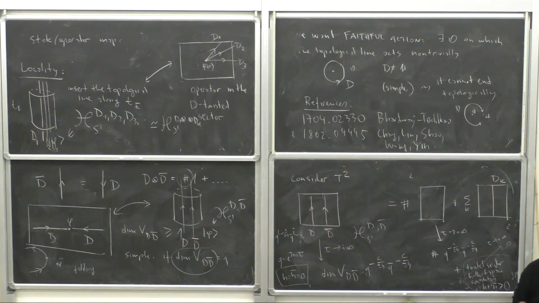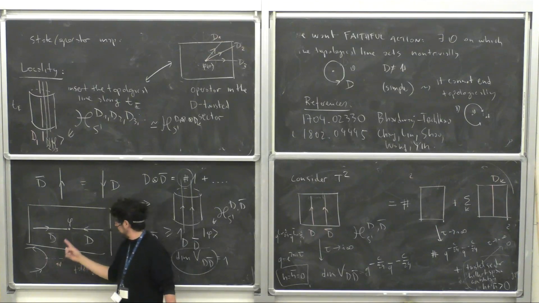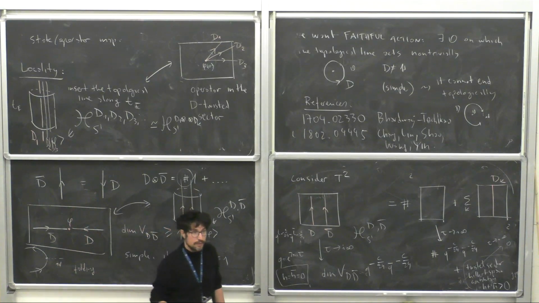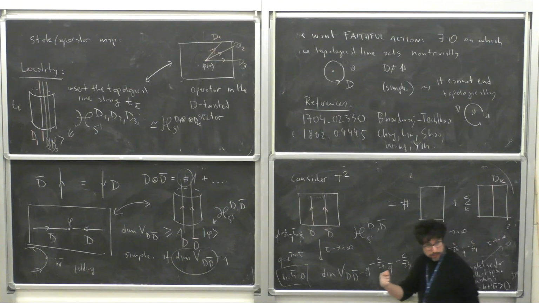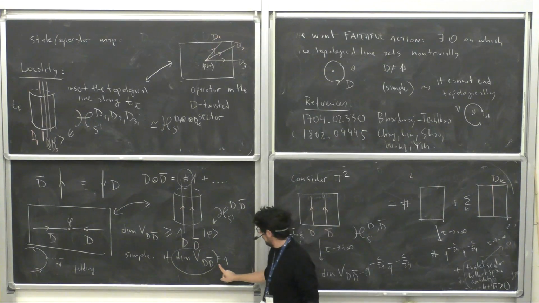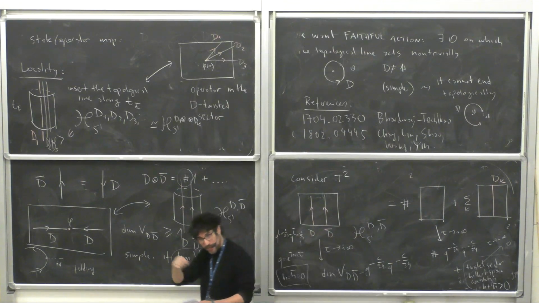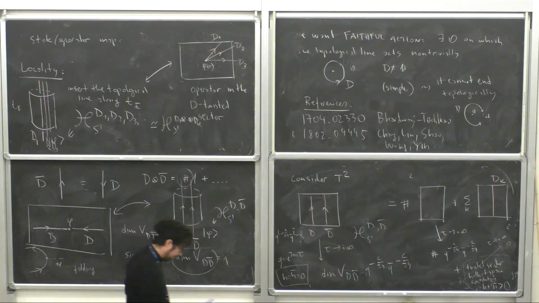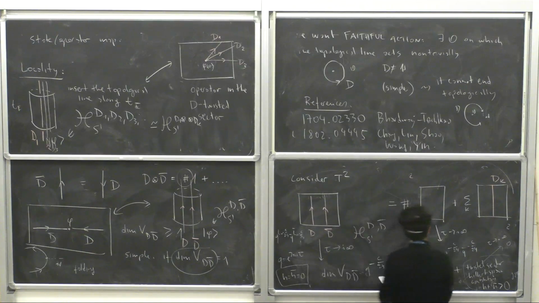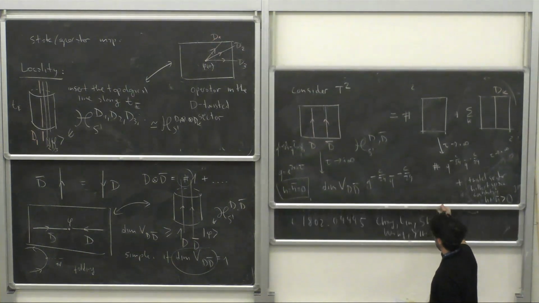It is the number of ways in which your defect can fuse with its opposite and end up in the identity channel. This addresses his question. If your defect is simple, it means that there is only one way in which this can happen. Okay? If the topological line is simple, there is only one way in which this can happen. And this is a way to prove it. And similarly,